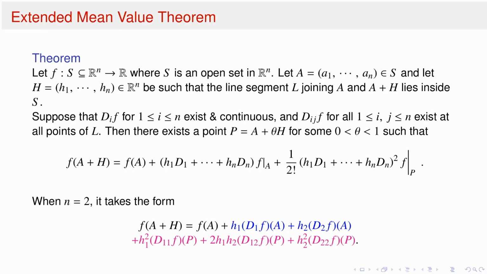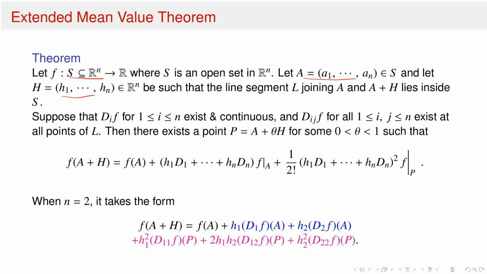Now, Taylor's theorem, you know from single variable calculus, and I already discussed the importance of this theorem. Taylor's theorem you can also think of as an extended mean value theorem. If you look at the statement I have written: let f be a function from some open set S, a subset of R^n, into R, a real valued function or scalar field I should say, and let capital A be a point in S, and take the point H = (h1, ..., hn) in R^n such that